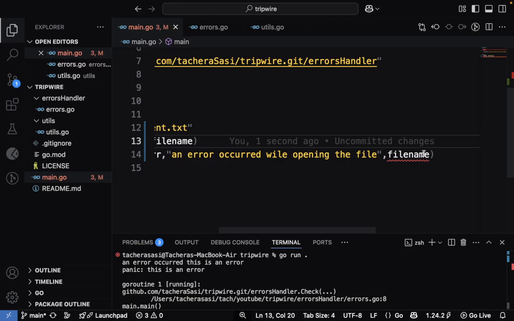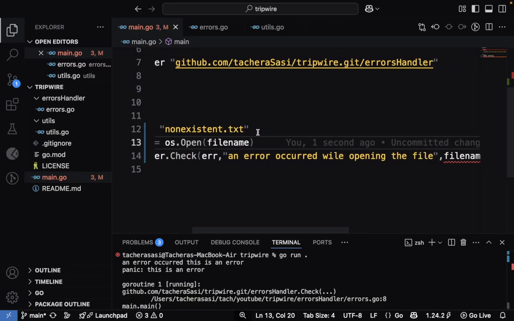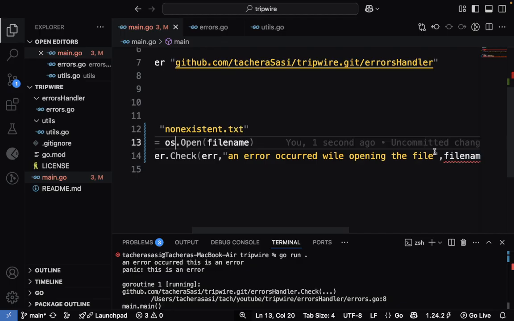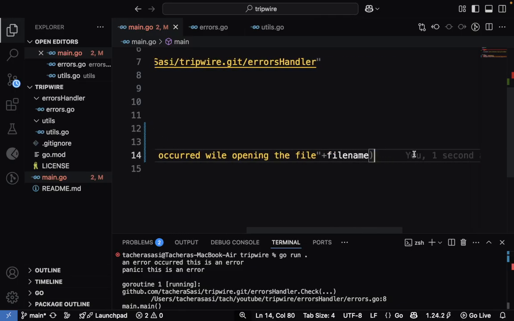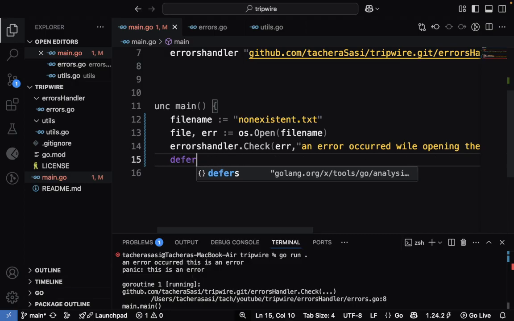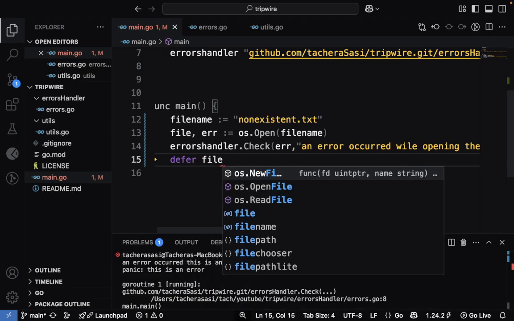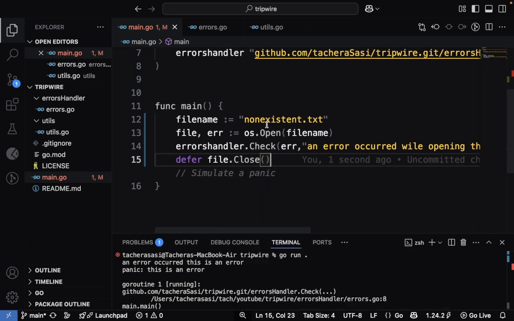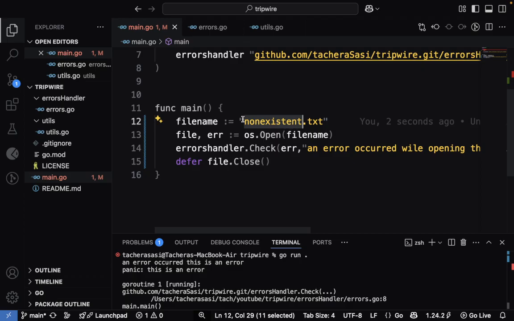So why is this complaining as well? Saying too many arguments. Okay, fine. Yeah, you're right. Too many arguments. So this should be a plus, concatenating it. So after that, I'm gonna say maybe, yeah, defer file dot close, right? Just like that. So basically this is gonna throw an error because this file doesn't exist here, right? So let me try to do this and show you guys